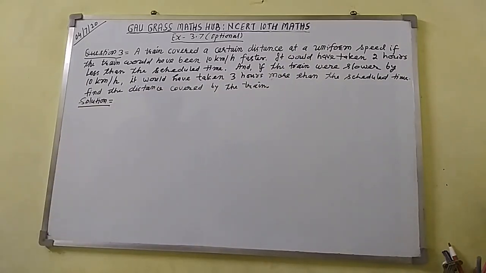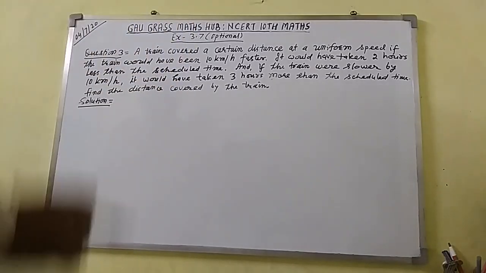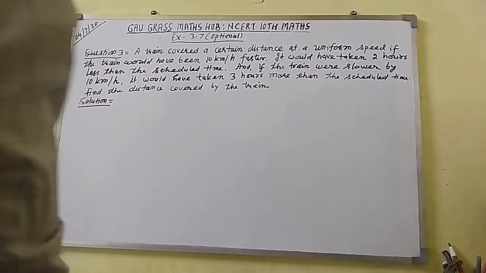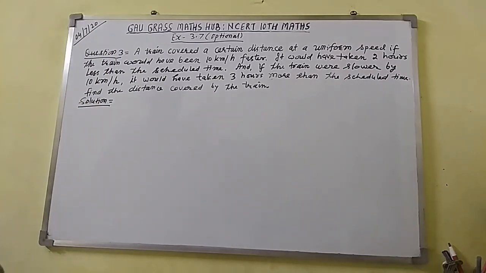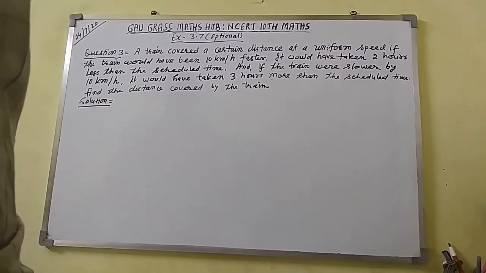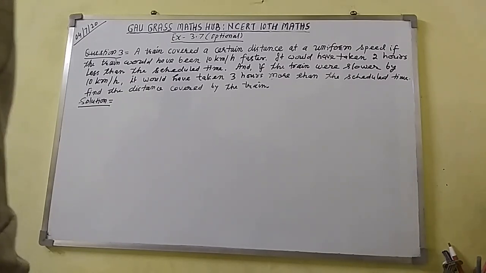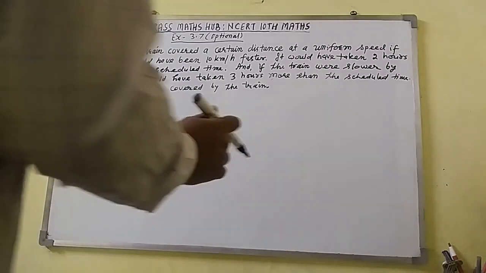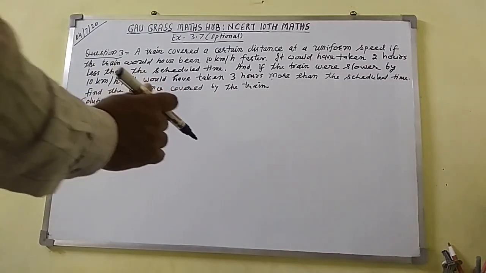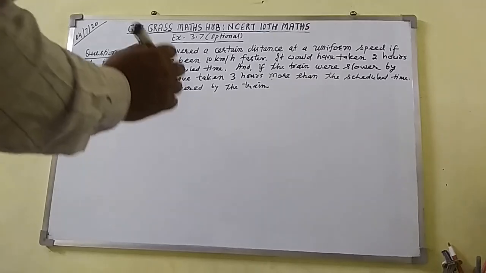Let us solve this question. This is a word problem question. What you have to do? You have to go through this word problem twice and thrice and underline the key points with the help of a sharp pencil in the question itself. Now I am going to underline the key points here.